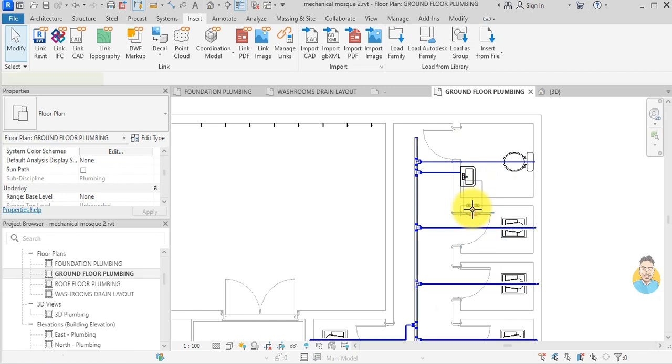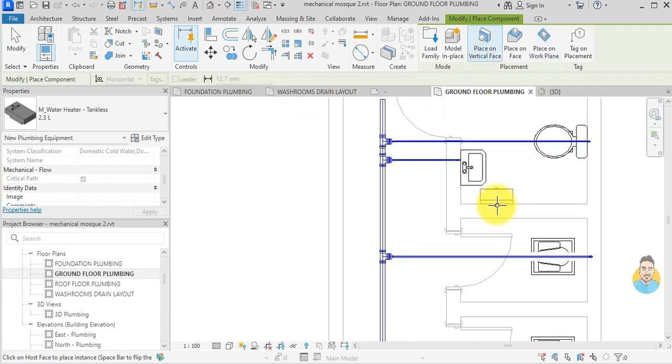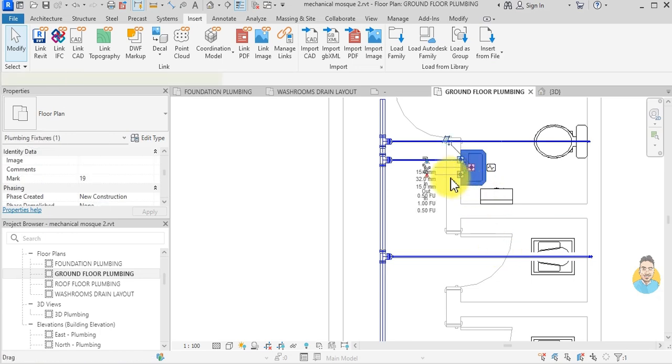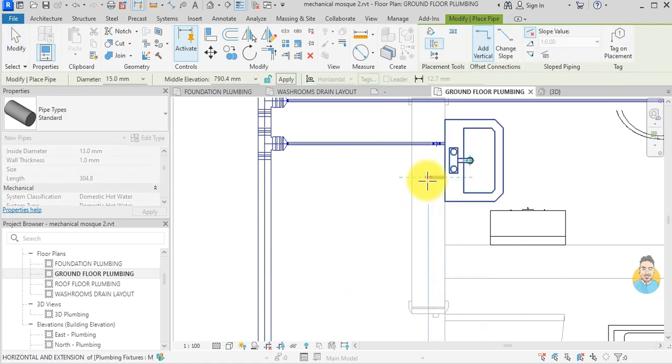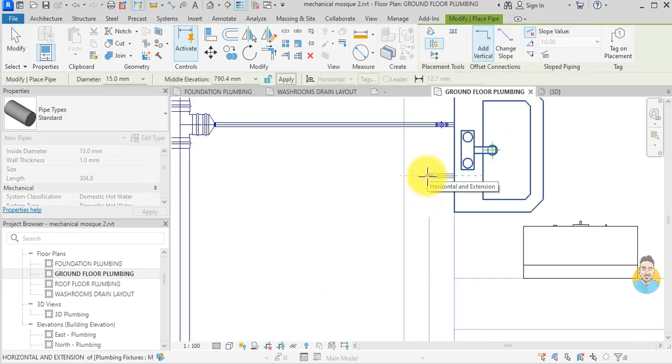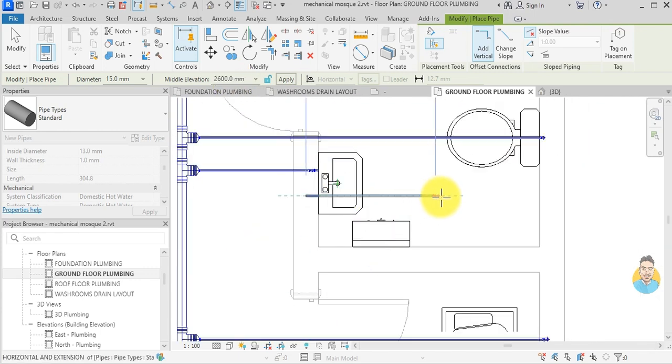Then CM, and then place on vertical face. I can place it here. Click the lavatory, and then the hot water, then one click here, and then I want it to be 2600, and go this way and this way. I hit escape,